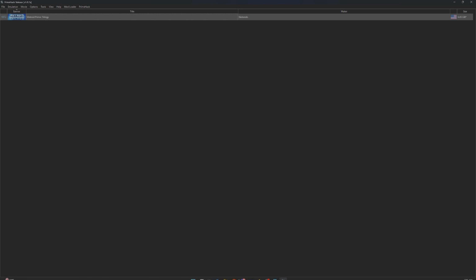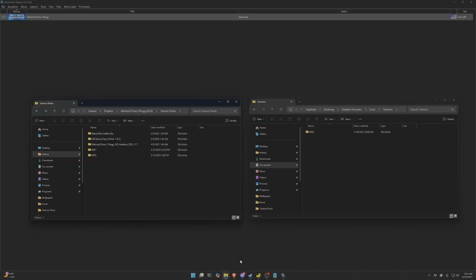But if you want to use the HD texture packs as well, I also had trouble finding this stuff. But basically, the folder that you put it in is in your app data folder, roaming. So that's your user folder. Go to app data, roaming, dolphin, load, and then textures. That's where you put it. There were some other guides online that said to put it in a load textures folder that is in a different dolphin folder where the program is saved. But it's actually, for me, it worked when I put it in the app data because there's already a load